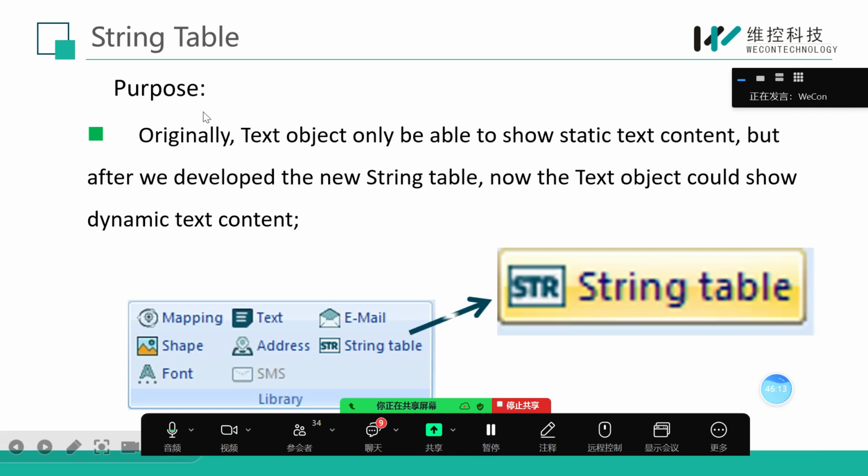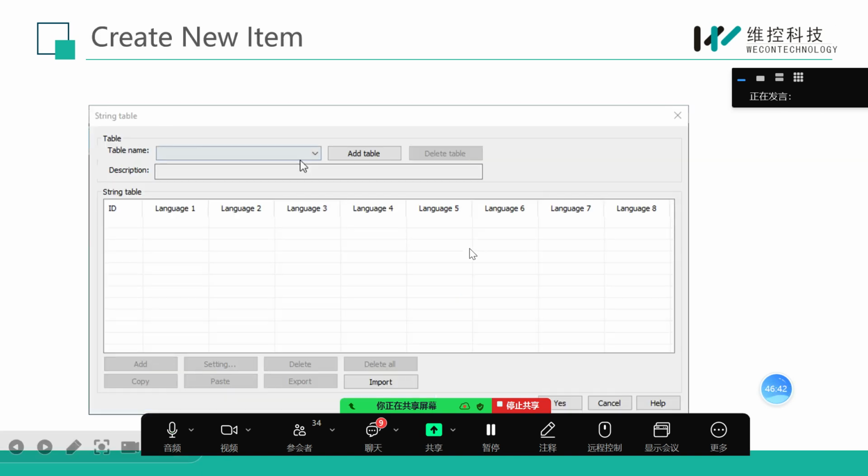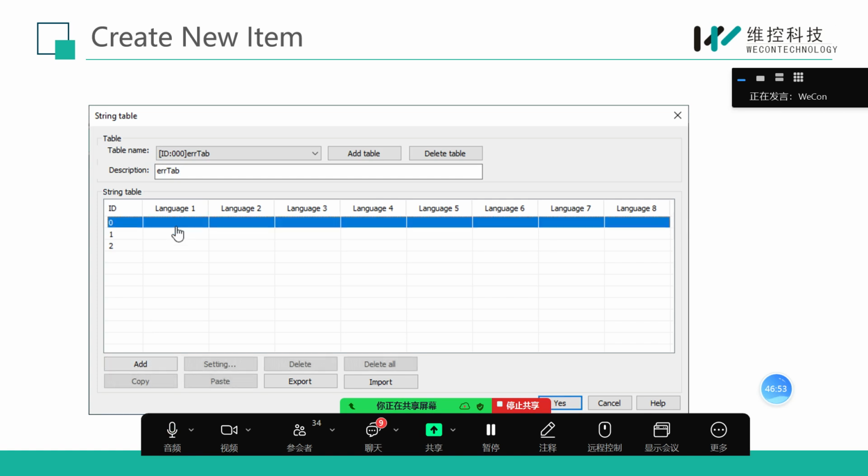The last one is about the strings table, because text objects only display static text content, but we have a new string table. So our text objects can show dynamic text content now. Okay, so here I add a new tab. This is for error display. For example,